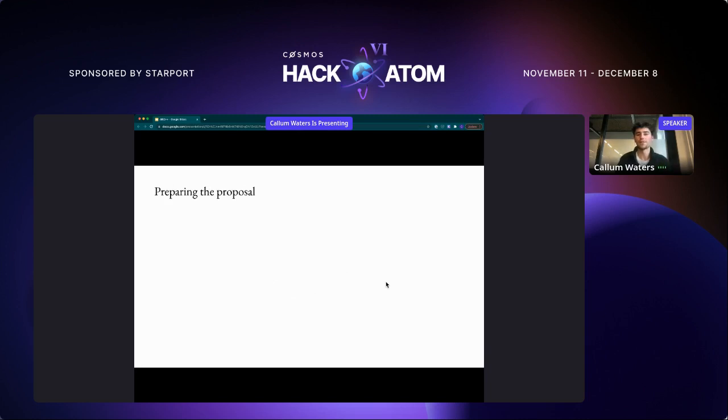So first off, we have preparing the proposal. Whereas beforehand this was done purely by Tendermint, it would just grab the transactions from the mempool and fire them throughout the rest of the network. You now have a call that is made to the application. And what that means is,